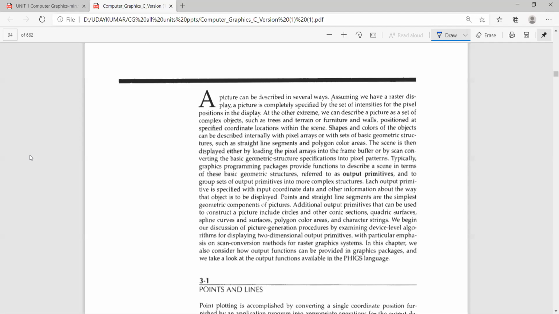You have to know at what pixels the point should be positioned. A pixel consists of an x coordinate and a y coordinate. At what pixel position should the point be placed? That should be stored in the frame buffer. How do we identify that particular point? For example, if you want to draw a straight line, you are given a starting point and an ending point. How do we identify the pixels in between? Using algorithms, we identify the plotting of the particular pixels on the screen.